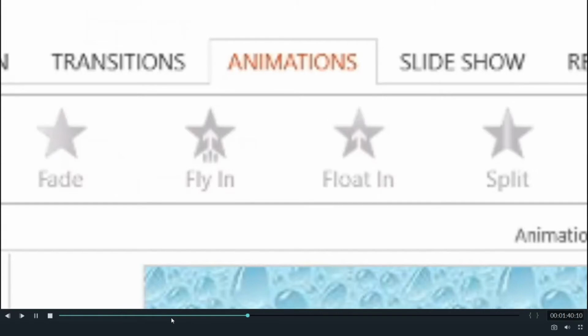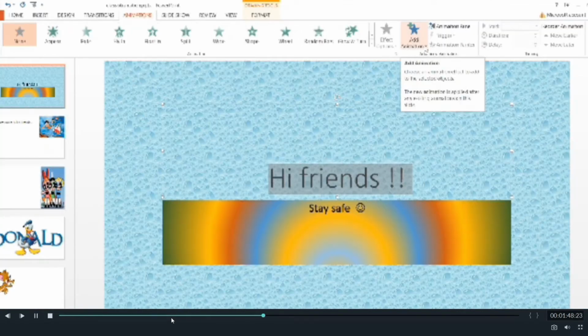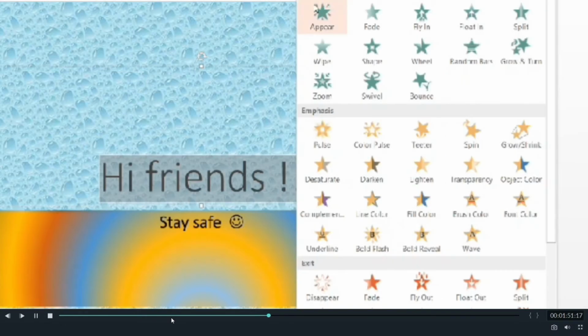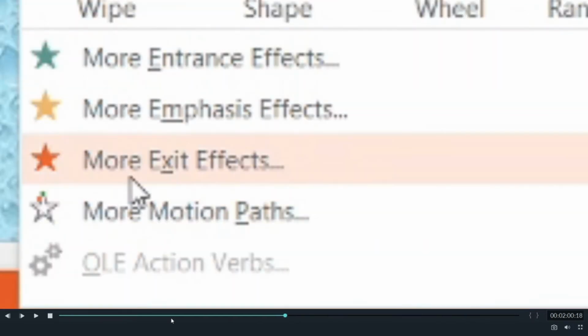And now let us apply animations to it. When you want the objects on the slide to move, you have to select the animation option, and from the animation tab you will get the add animation group. Select that. You will see this option appear on your screen with 4 effects. The options are the first one, more entrance effects, then more emphasis effects. Why is this so? If you have observed the window with the drop down menu, when I selected add animation, there were already some animation effects displayed.